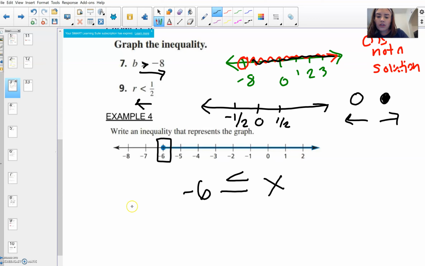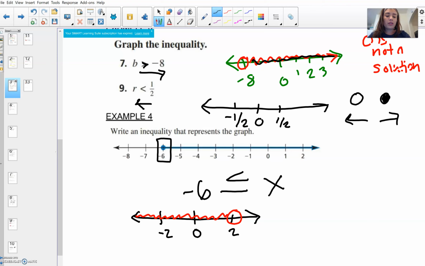I'm going to do another example for this. So if we had a number line, and there's our 0, and here's -2, here's 2. If we had an open circle at 2 and it went down the number line, well, we would know one of our pieces of our statement is 2. And then we have our variable x for the other side. Now we're going to